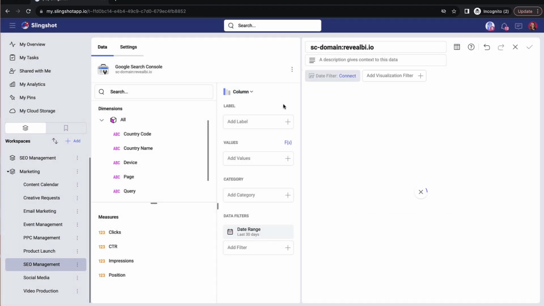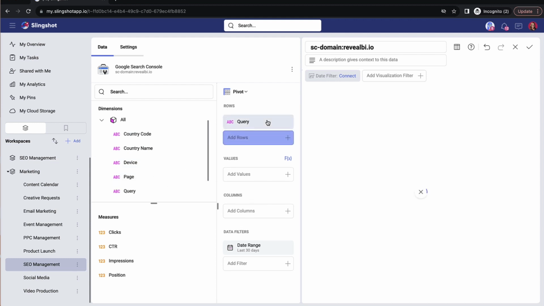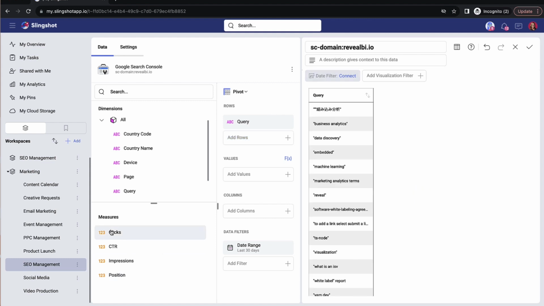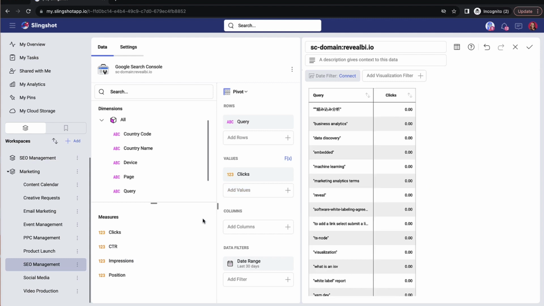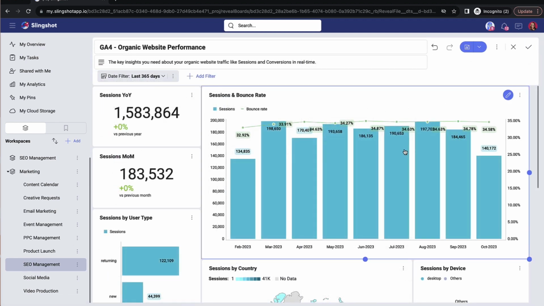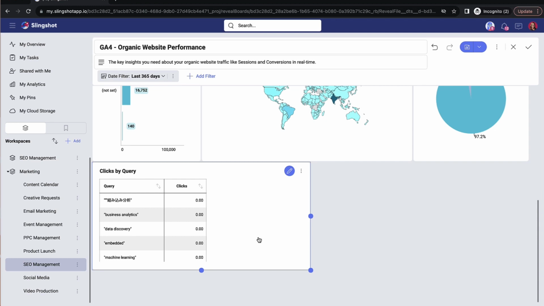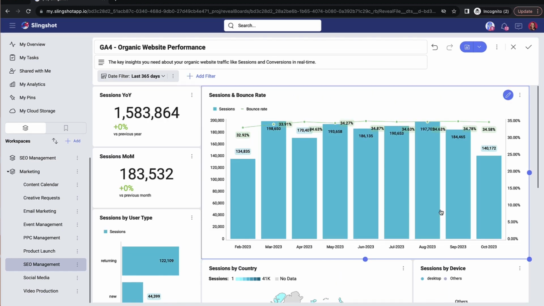So if you wanted to, over a 30-day range, you could take a look at the queries that are driving traffic to your website. Meaning you can look at the clicks that you have, the position that you have, your click-through rate, and your impressions. Let me just change this title and do clicks by query. You're now visualizing your Google Search Console metrics right within the same dashboard